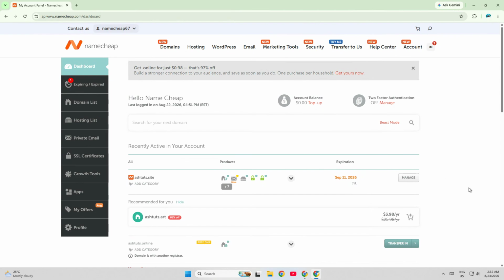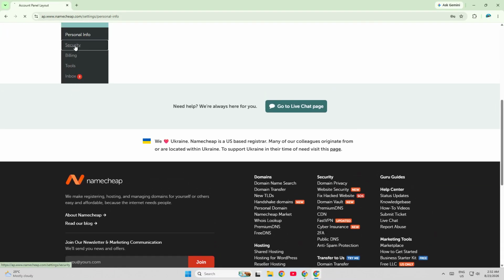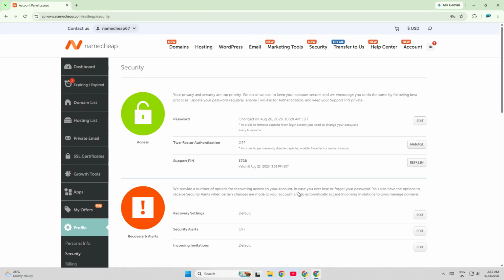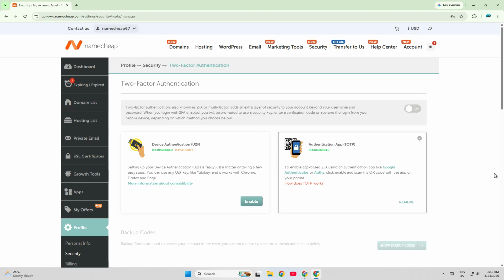First, log into your Namecheap account. Once you're inside, look at the main menu and go to Profile, then Security, then Two-Factor Authentication, and then click Manage. This is where you can review and control your account's 2FA settings. Namecheap supports both TOTP Authenticator apps and U2F or WebAuthn security methods. So depending on how you set up your account, you may be using an app-based code or a hardware or